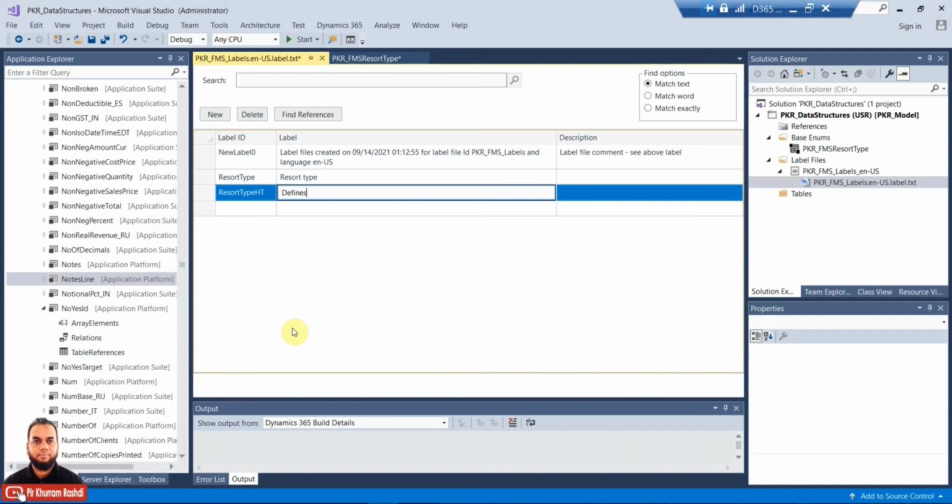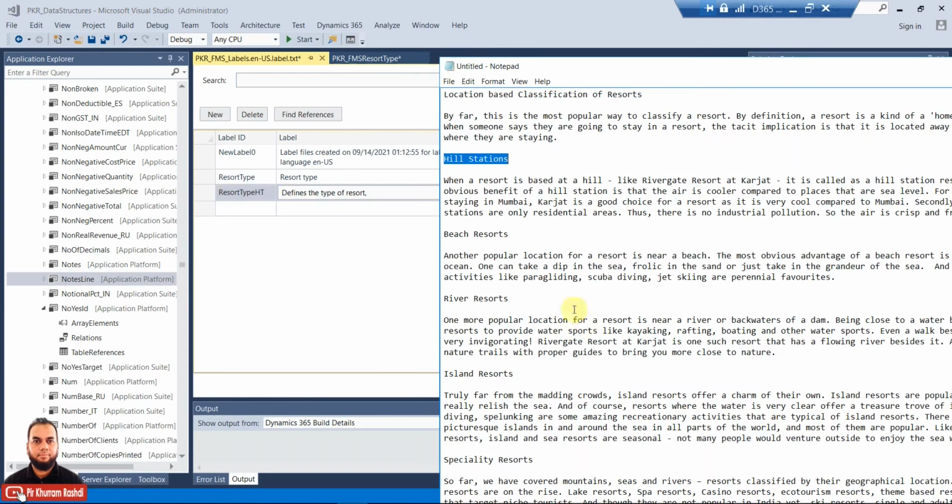Defines the types of resorts. Resort types. This is basically based upon location.